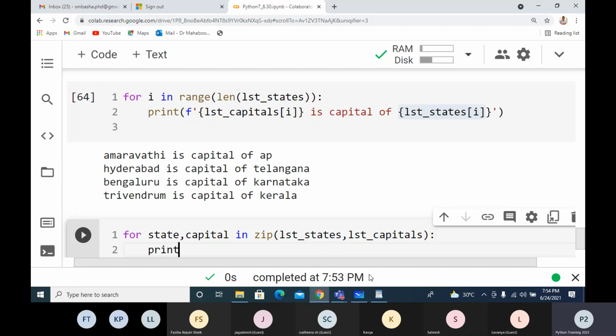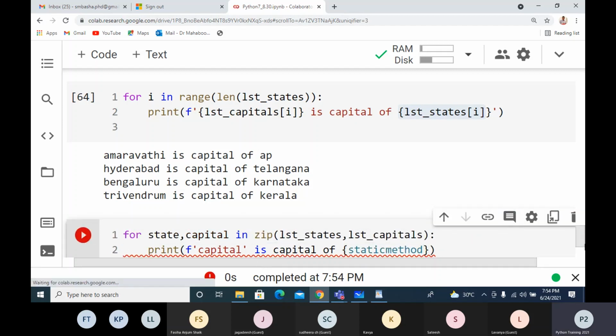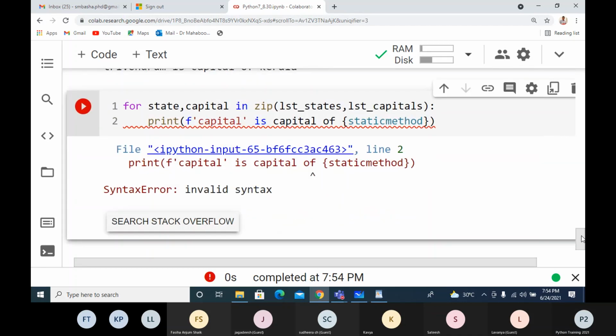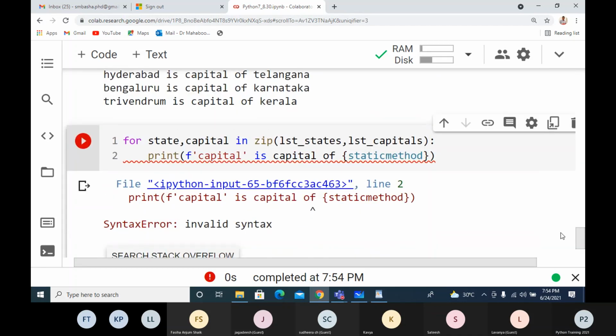Now I'll say print. I need not use I and all now. Index is not required. So I'll say capital is capital of state. This is how we can execute it. Sorry, I have to write brackets here, some mistake.